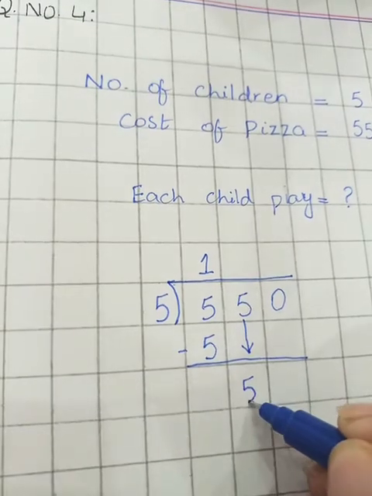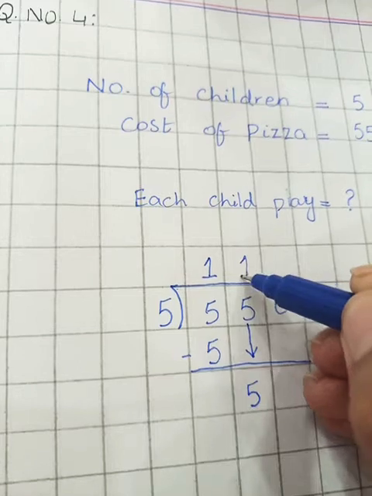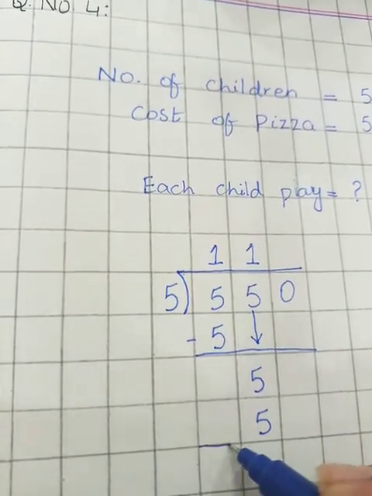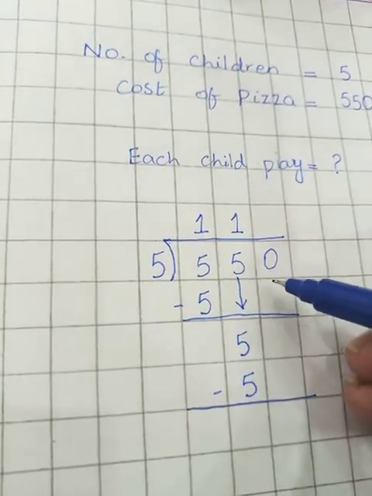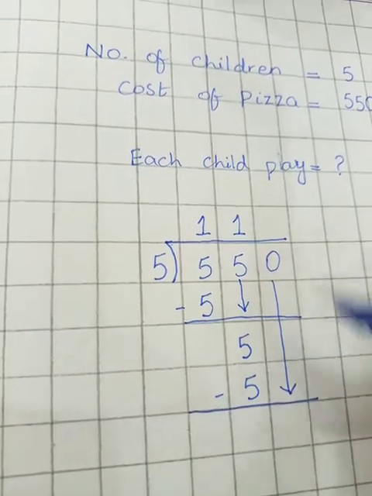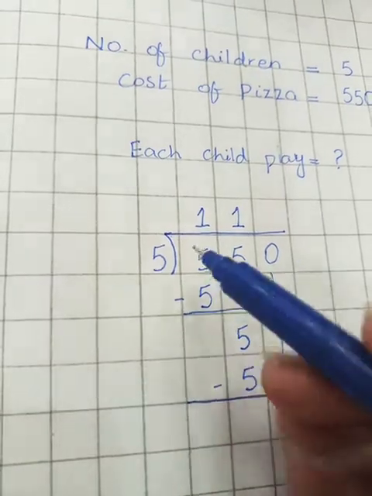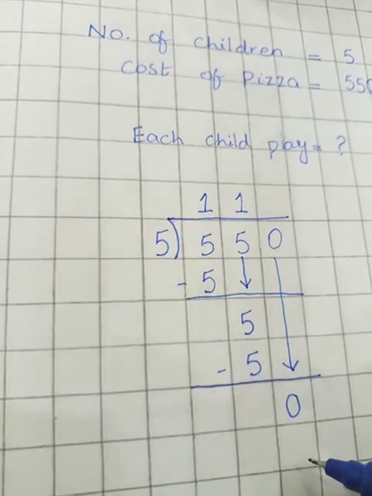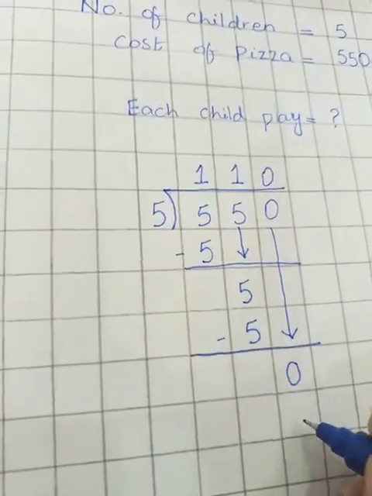Next, we are going to bring this 5 down here. Now students, let's do the division again. 5 ones are 5. But in the next step, 5 minus 5 is 0. We are going to bring this 0 down because this 0 is part of our dividend, so we can't leave it unattended. So we have to write 5 zeros are 0 here, because 5 ones are 5 is greater. So I can write it here, 5 zeros are 0.